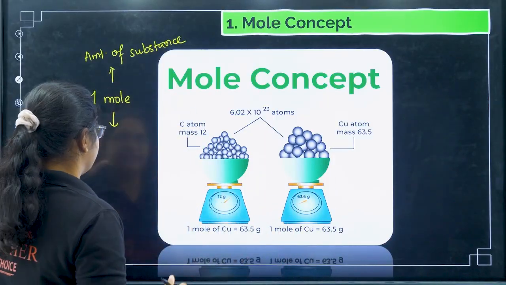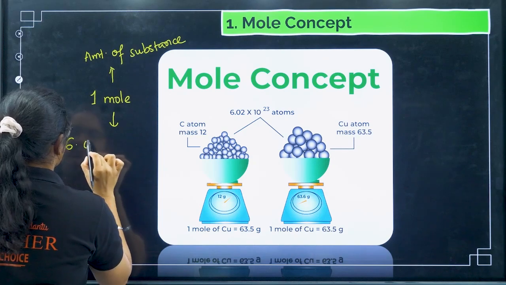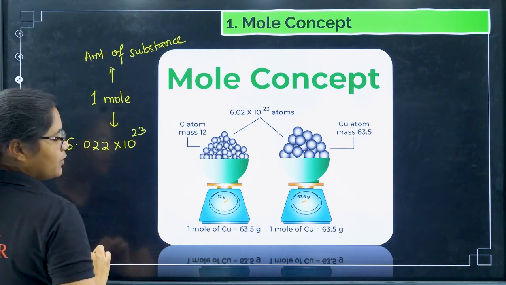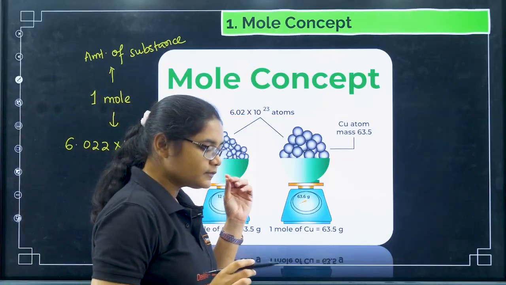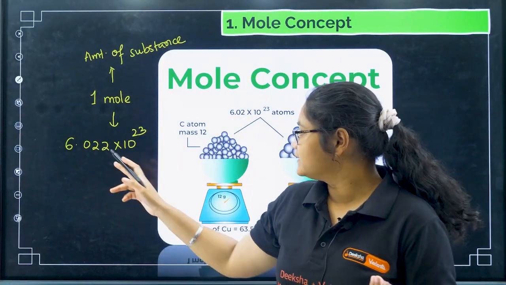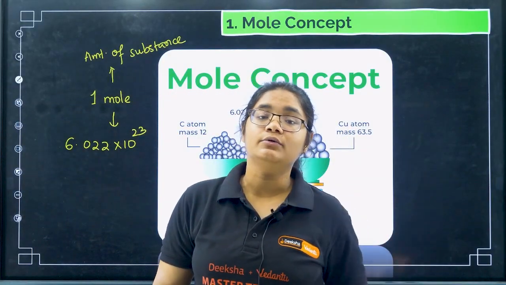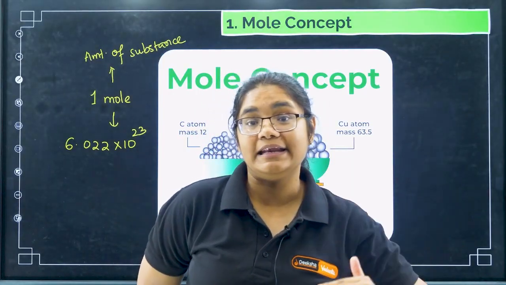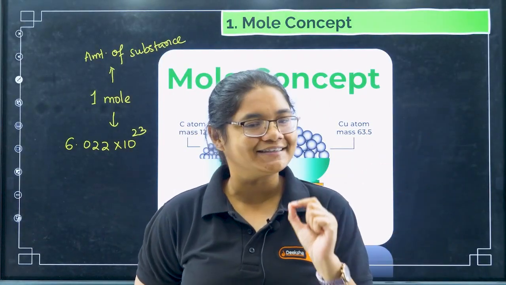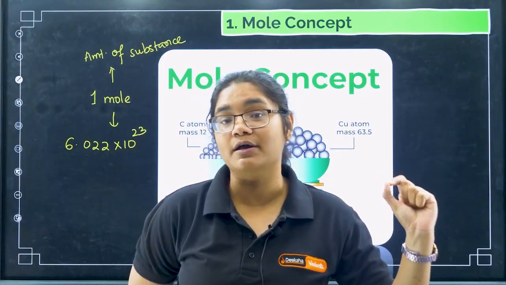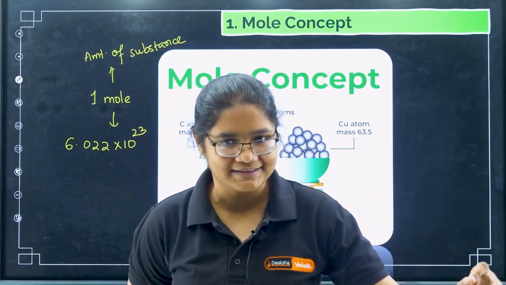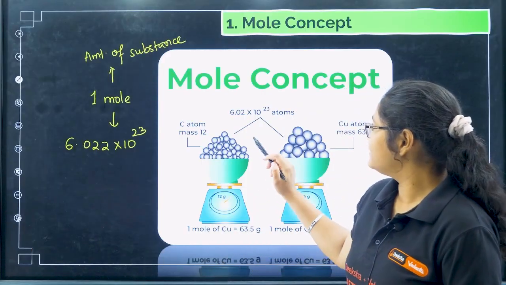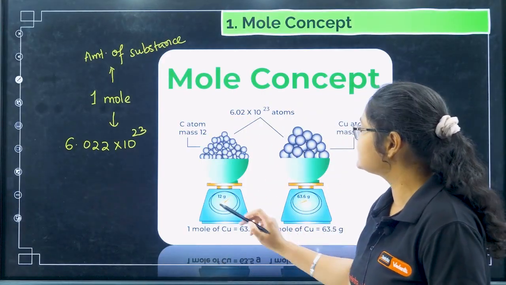Now 1 mole means, you should remember this magic number, 6.022 × 10^23. Okay, so if I tell you 1 mole of pens, that means 6.022 × 10^23 pens. If I tell you 1 mole of Dairy Milk chocolates, that means it is 6.022 × 10^23 Dairy Milk chocolates, right? So now if you see here, 1 mole of copper means we have,